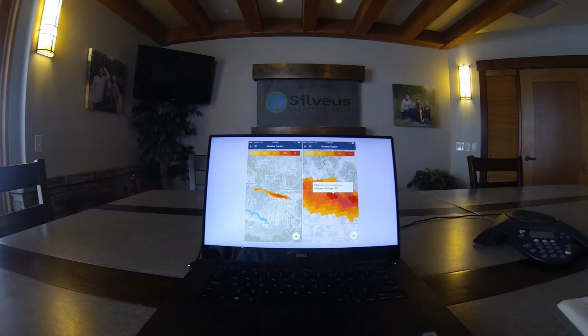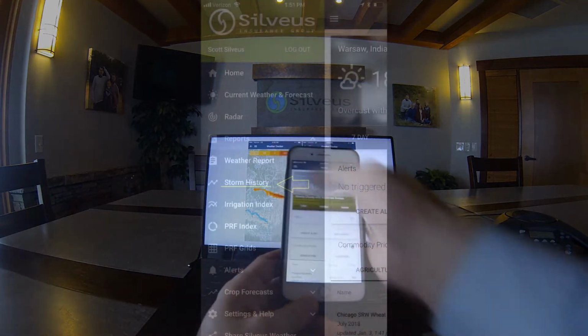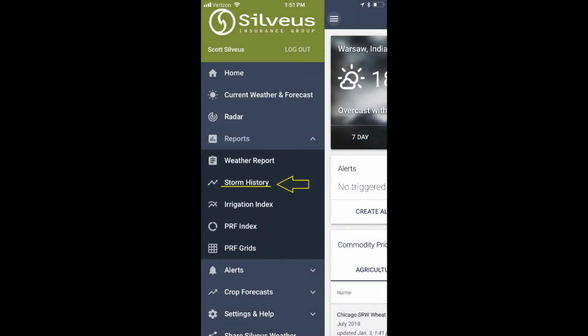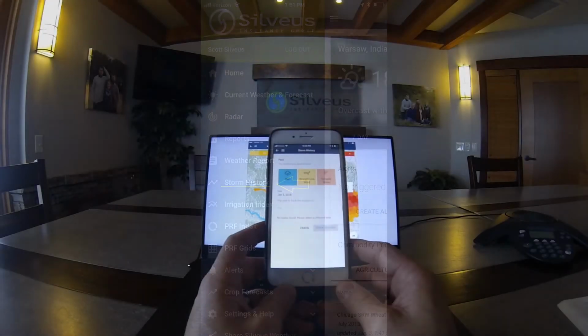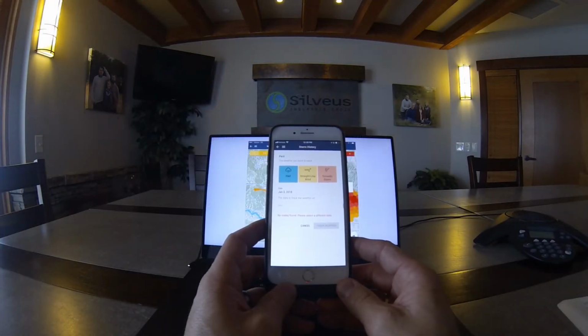This short video is designed to show you a really interesting aspect of the Silvius weather app, and that is storm history. Storm history is located under the reports in the weather app. If you go to weather reports and just touch on storm history, that's where you go. With a couple of easy steps, you can pull up and view a visual image of hail, wind, or tornadic